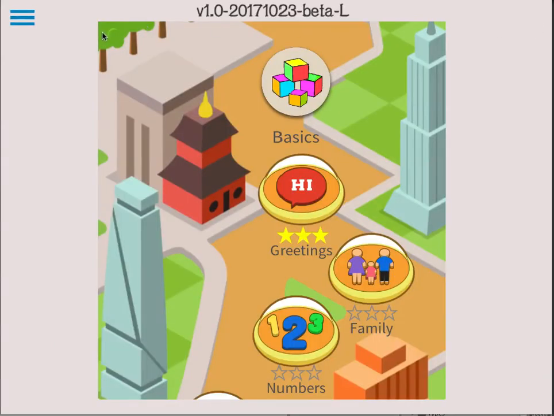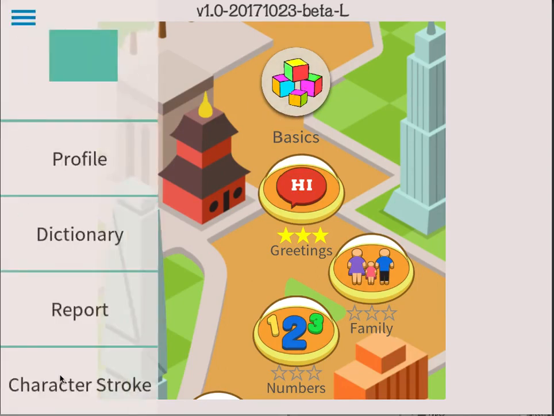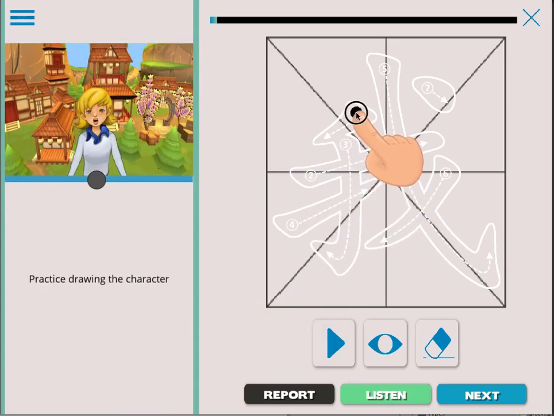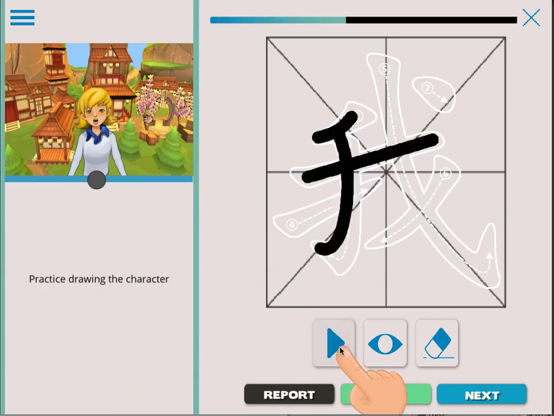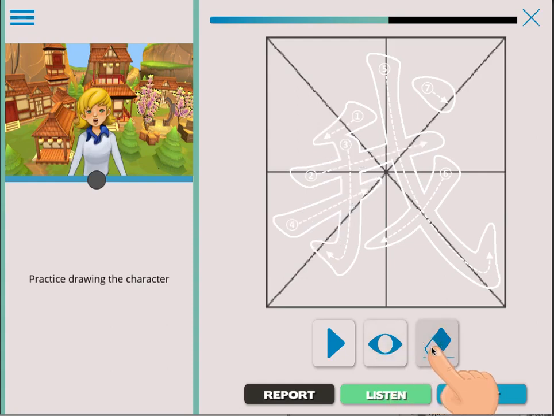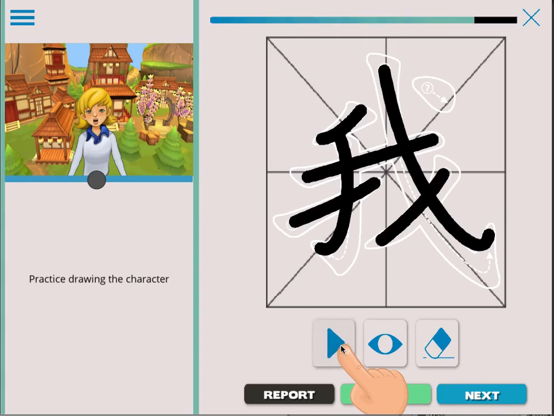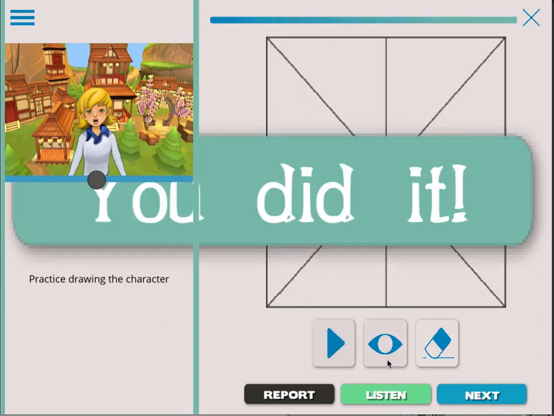There's also profile, which I showed before, and there's also a character drawing exercise. In which case I try to draw the character. If I'm having trouble, I can click on the hints and cycle through it. And I can turn on and off the background hints, or I can erase and start my progress over again. This is drawing the character well. 我